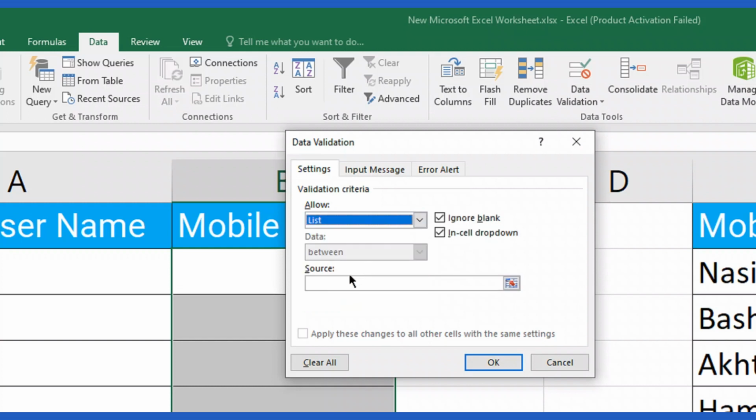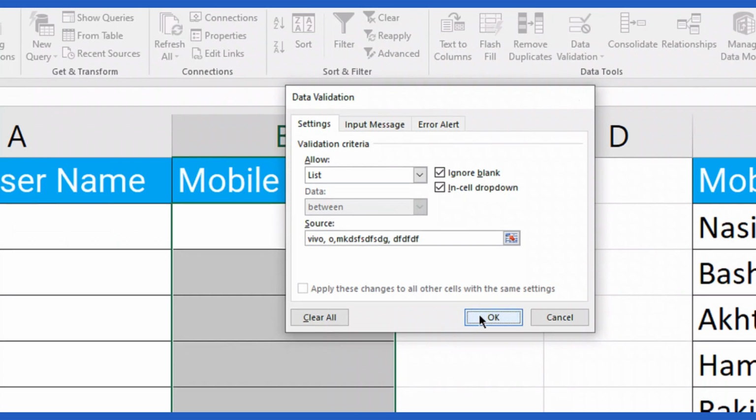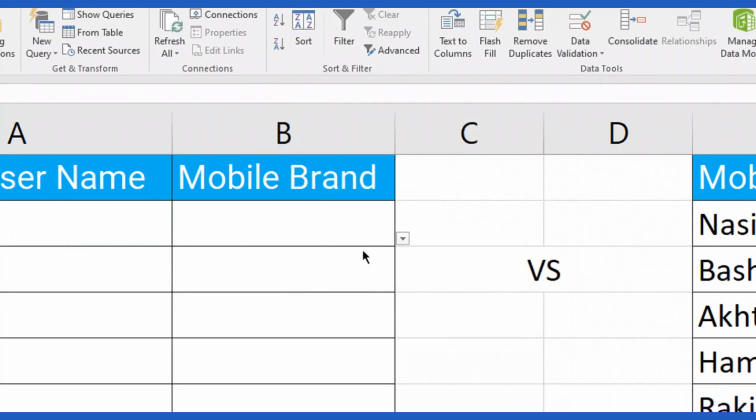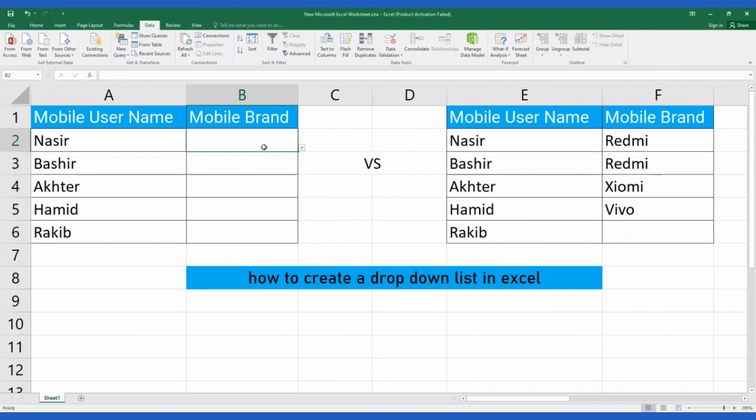Okay, and you can write, for example, Vivo, Oppo, whatever you want to write, and this value appears here when you make your column. Okay, and here you can see when you click on any individual row,